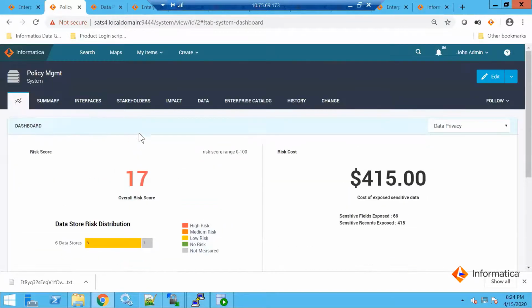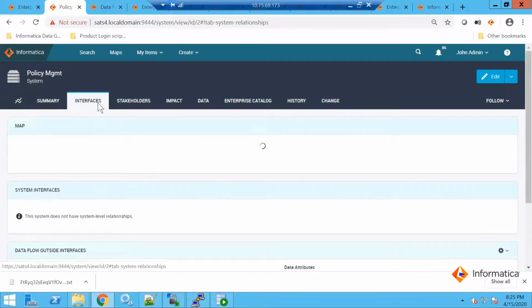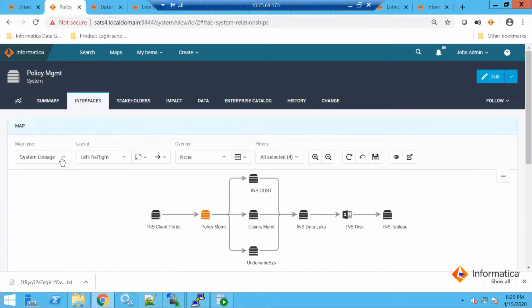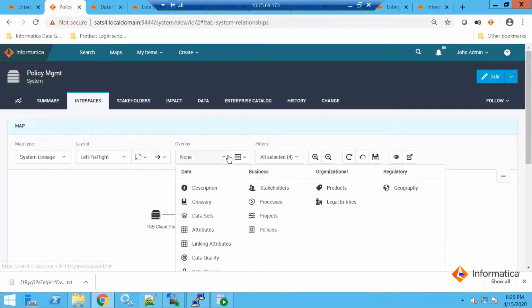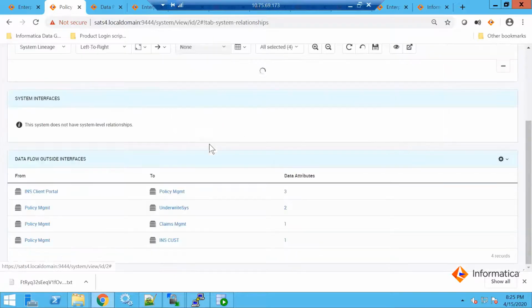But this is not linked to any policy here. So this is the relationship that is established because the systems and data stores are linked to each other. Because of this integration, I am able to see something else here. I can go ahead and do something called a data privacy overlay here. If I do that,